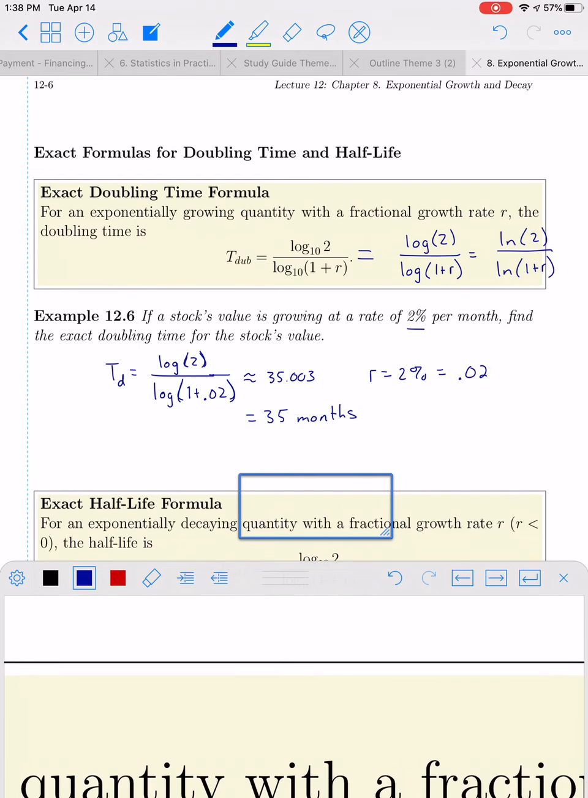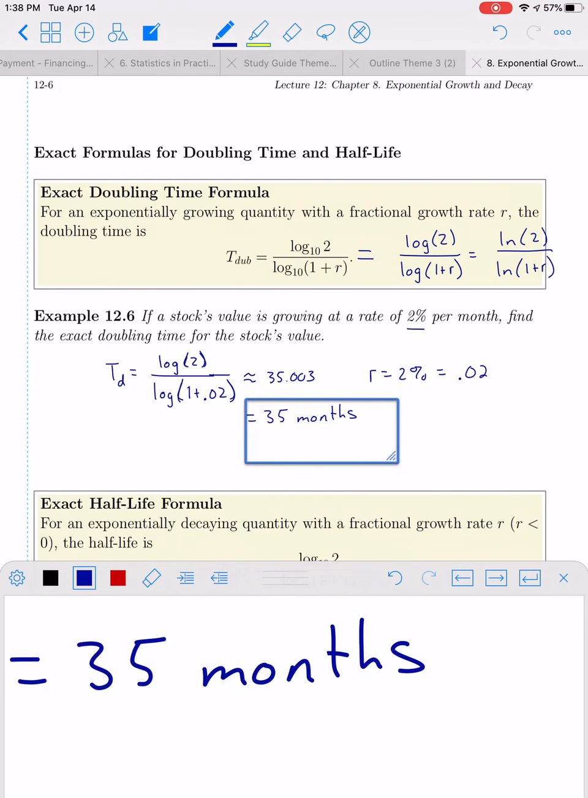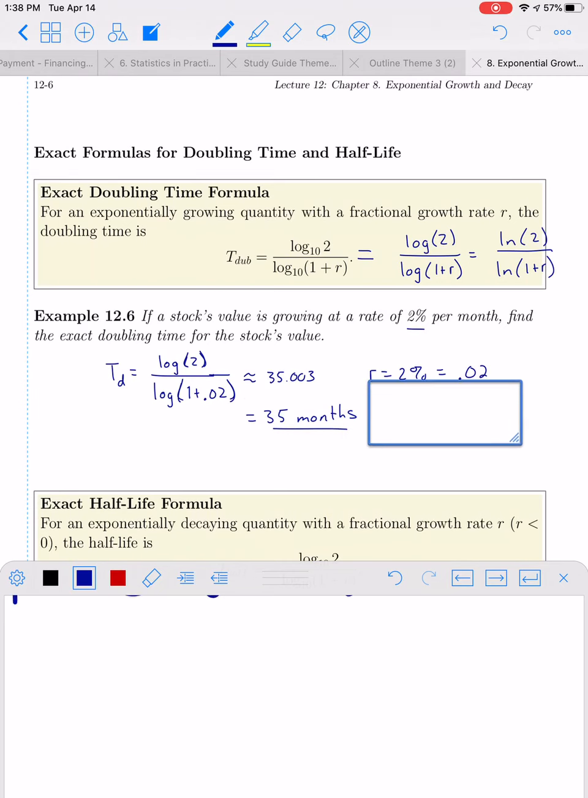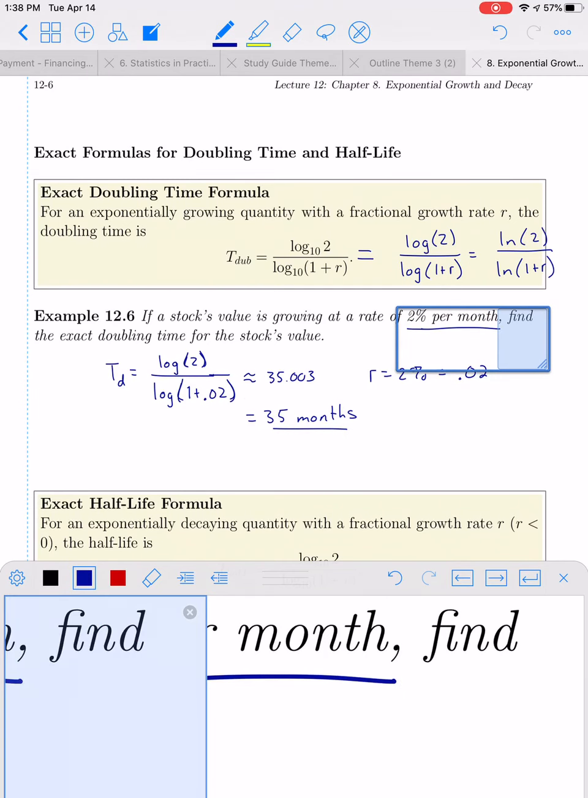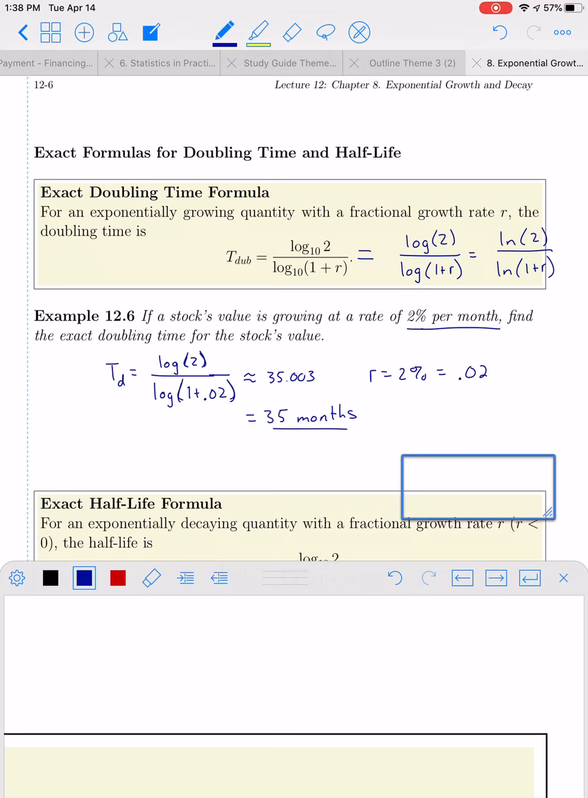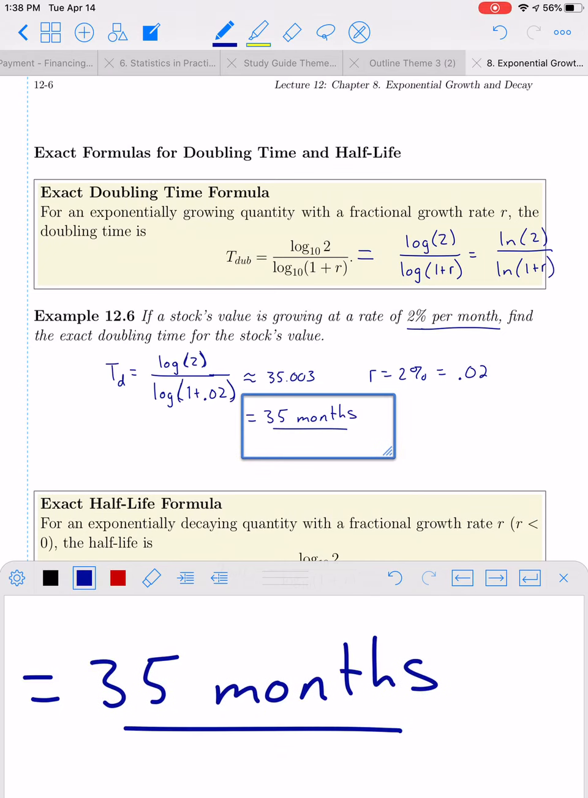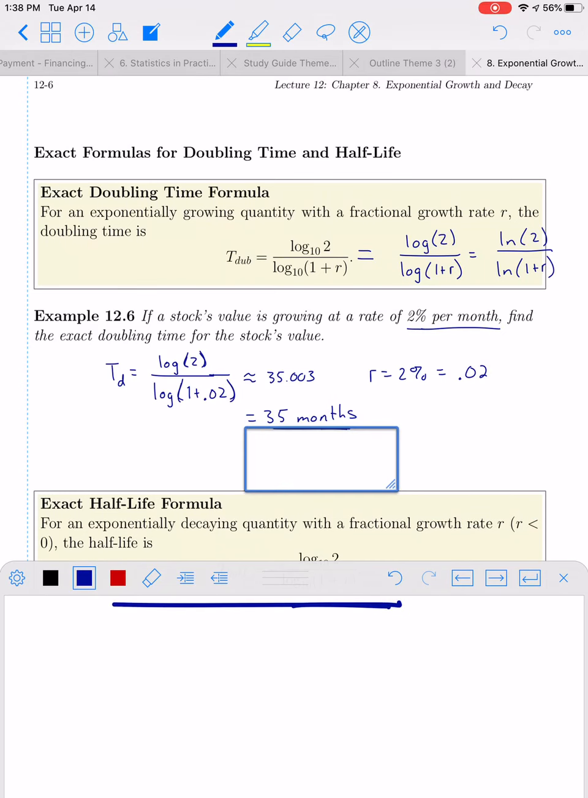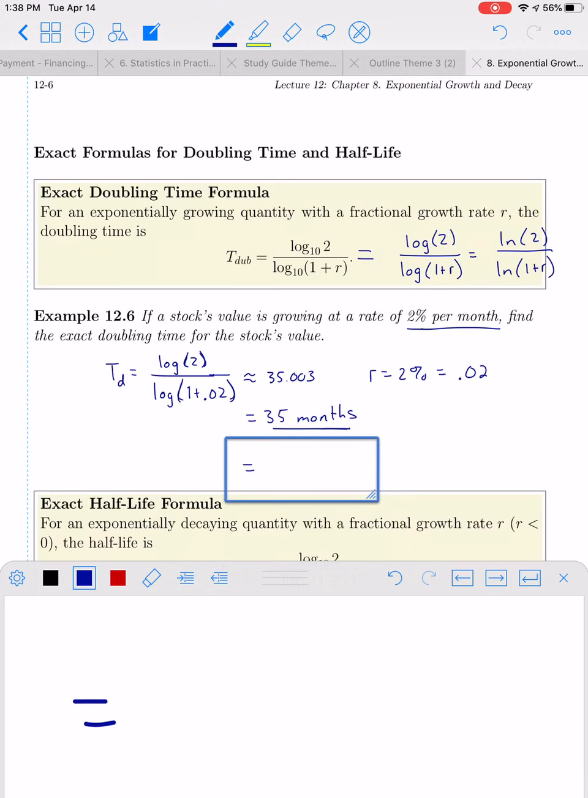Okay, we might be curious, how did we know that this was in months? Well, this was our clue, per month. If we're given a unit of time for this rate, then that's going to determine the unit of time for our doubling time. 35 months, by the way, to be a little bit more